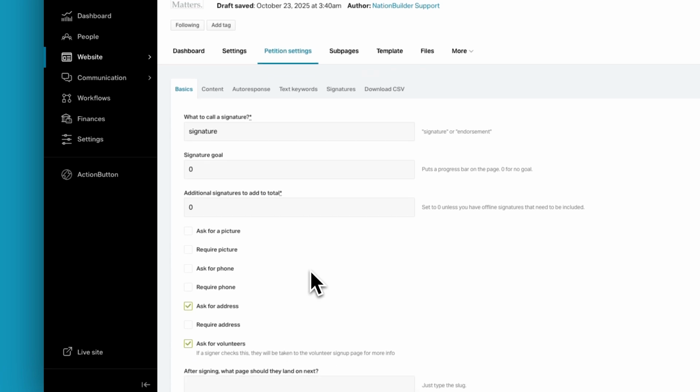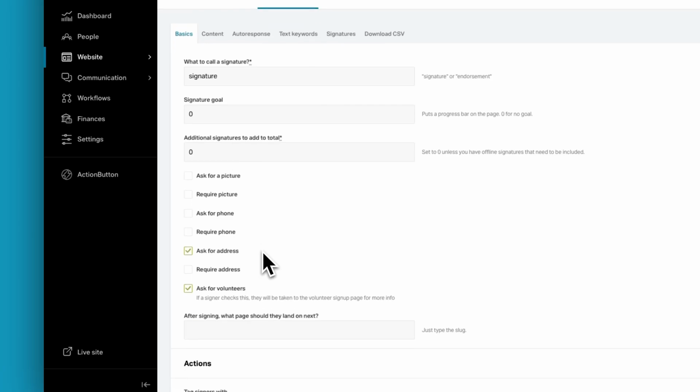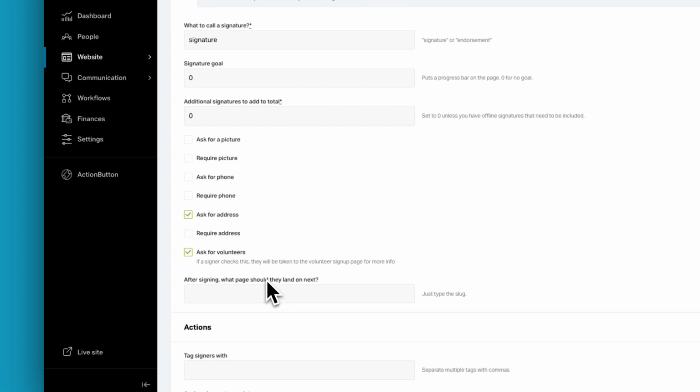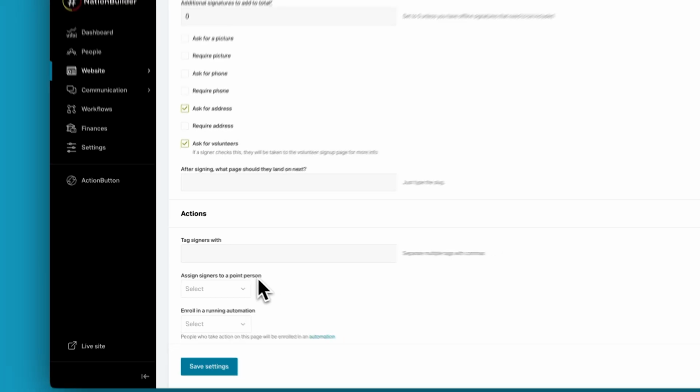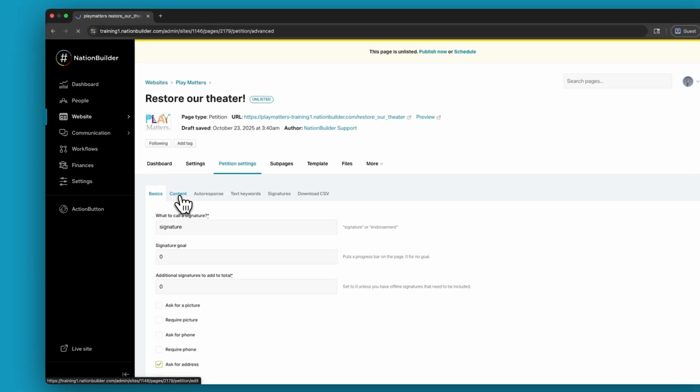Here we're configuring petition settings such as our signature goal, but also where to redirect people after they sign, and which data to collect or assign, such as tags for their people profile, any path steps that you want them to land on, automations you want to enroll them into, point people you want to assign, or memberships that someone who signs this petition should be added onto. For the content of our petition page, found under this tab,